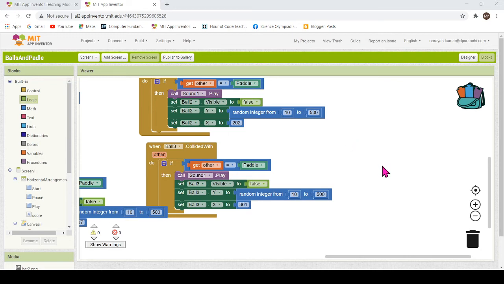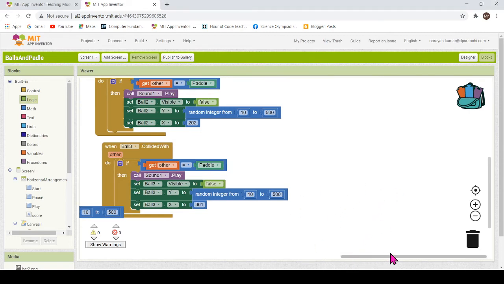Now, one more feature that we wanted to add: what happens if you have missed the ball? If you are unable to stop the ball with your paddle, then the ball will fall down and reach the bottom edge. So now we have to tell the app what to do if the ball touches the edge. This is what we want, right? There could be two things: either you can decrease the score or you can increase the score, depends on you. Let me quickly show you one of the possible options, and I think that is easy also.